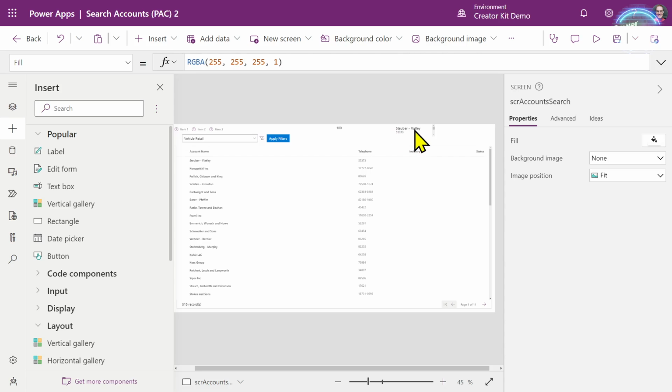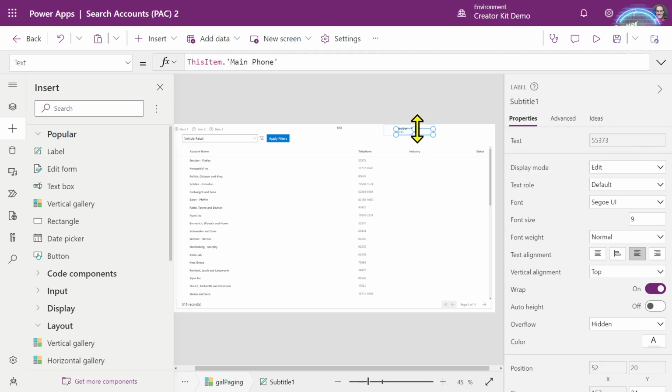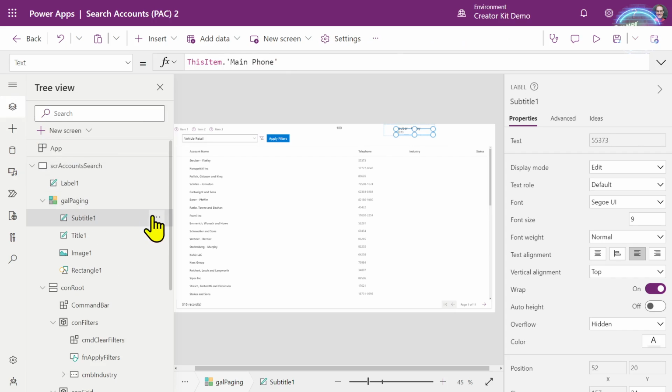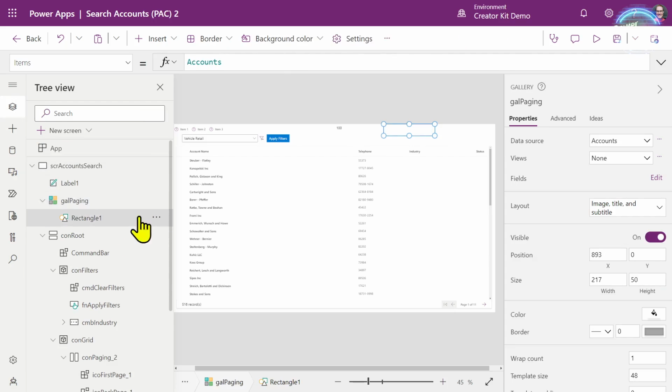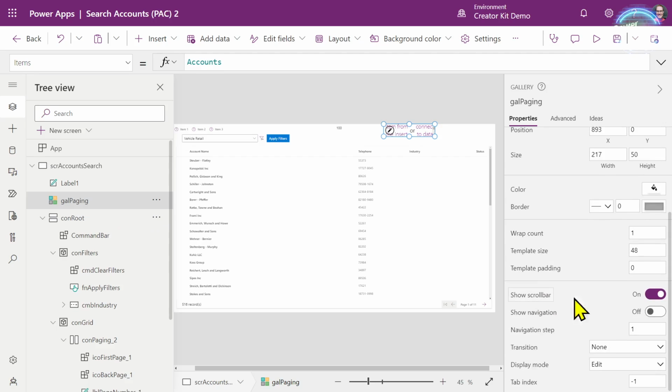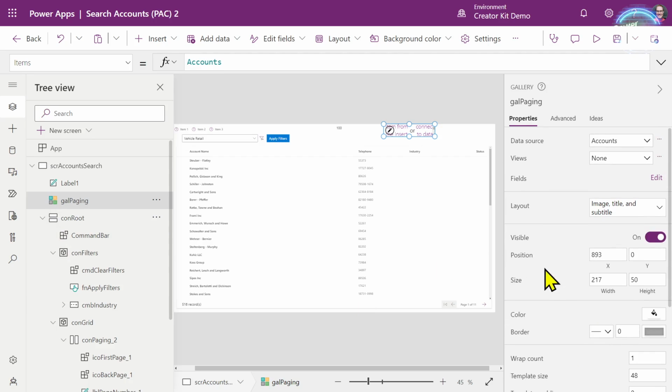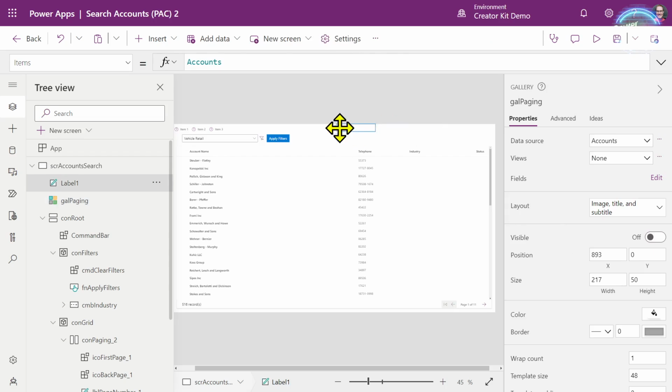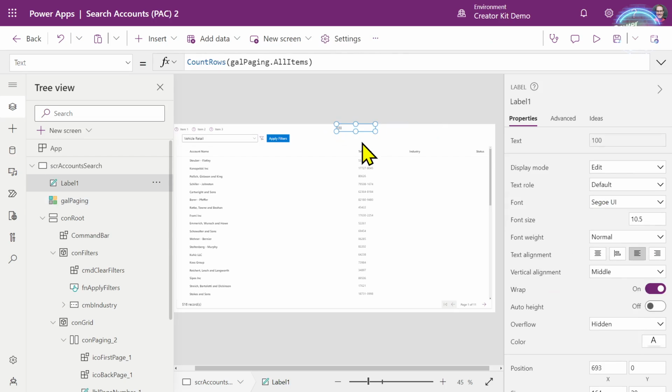And if I scroll down in this gallery, then it will keep on loading those records up in increments, and then it'll hit 500, and then it'll get 600, etc. So we're using that facility of the gallery to constantly load more records. Now, we don't need any of these elements inside of the gallery. We don't need to show anything. So I'm just going to delete all these because there's no point in having them. And in fact, I can even make it invisible. So if we set the gallery property to invisible, let's toggle that off so it's invisible. I'm going to leave this label here just for reference purposes.